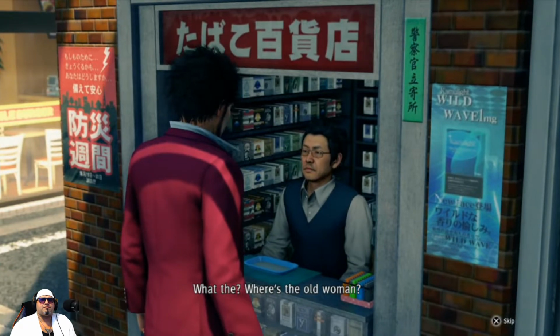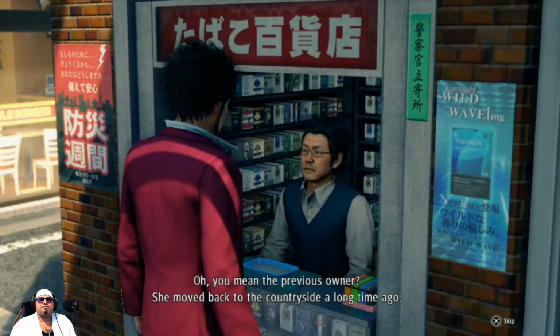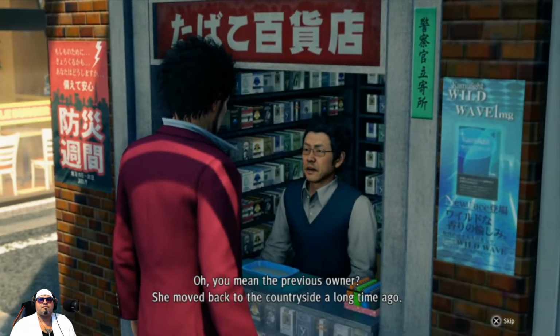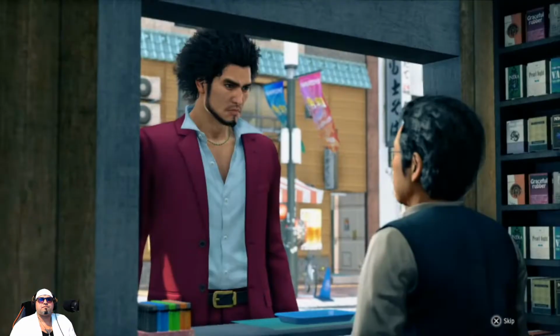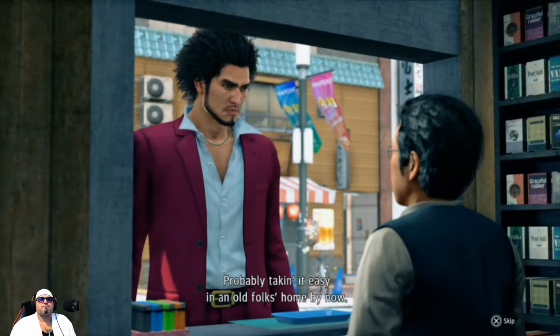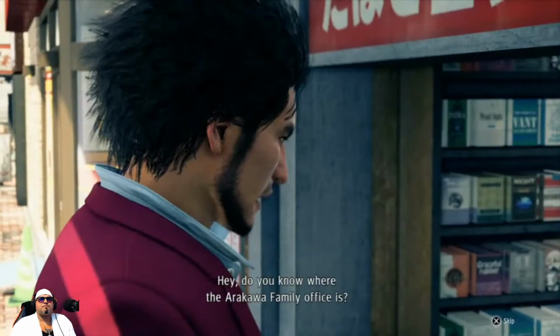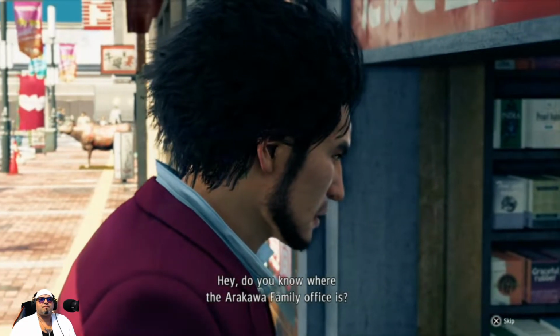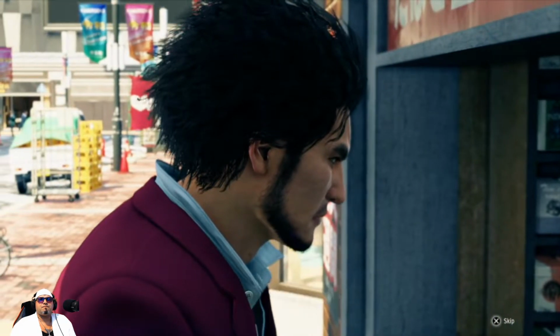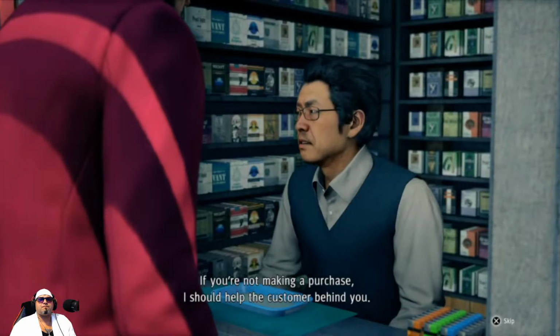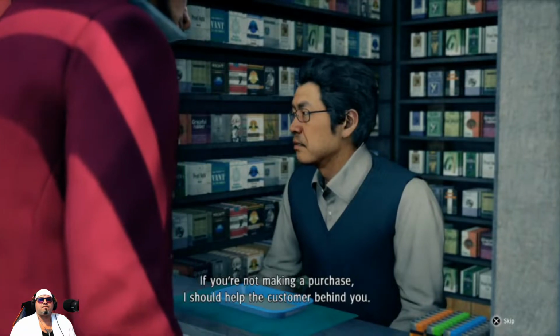Where's the old woman? Oh, you mean the previous owner? She moved back to the countryside a long time ago. Probably taking it easy in an old folks home by now. Oh, I see. Hey, do you know where the Arakawa family office is? If you're not making a purchase, I should help the customer behind you.